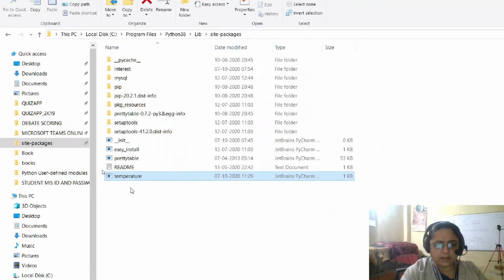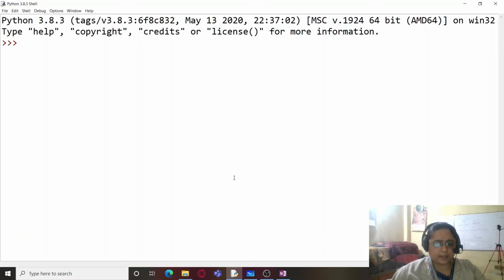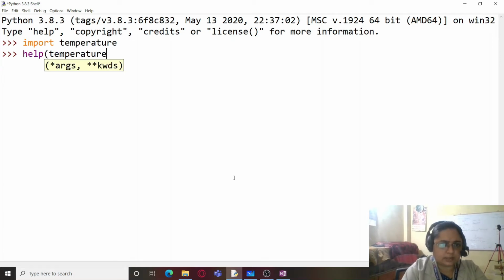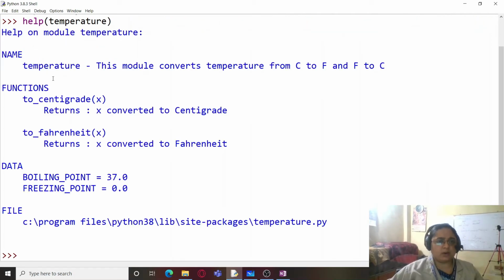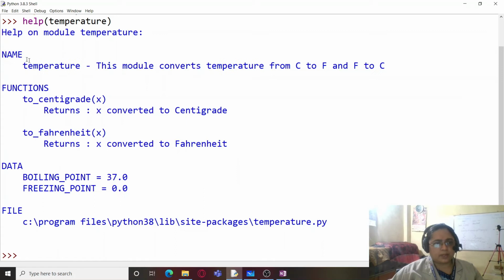So now when I run temperature, you will be able to see how it works. First I'll have to write import temperature, and now if I write help temperature, you will be able to see that it displays all the complete information about this module: the name of the module, what this module does, the various functions, the data, that is constants which are used, which file it is saved in, right?